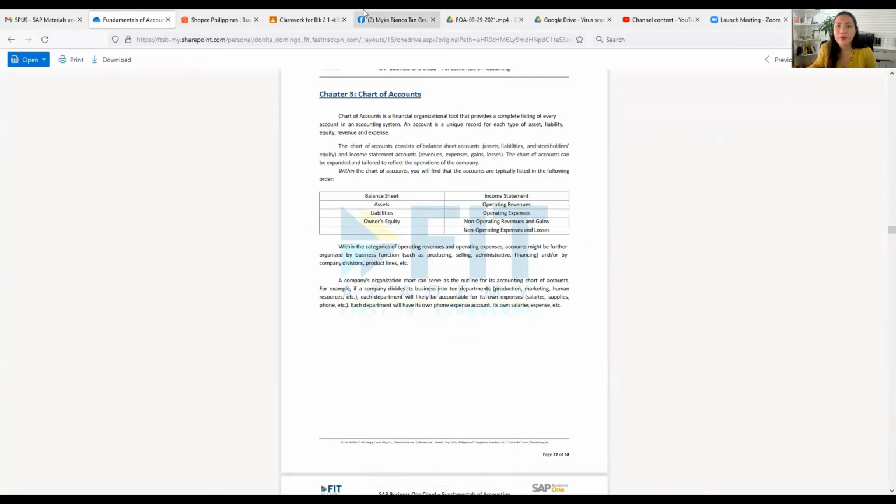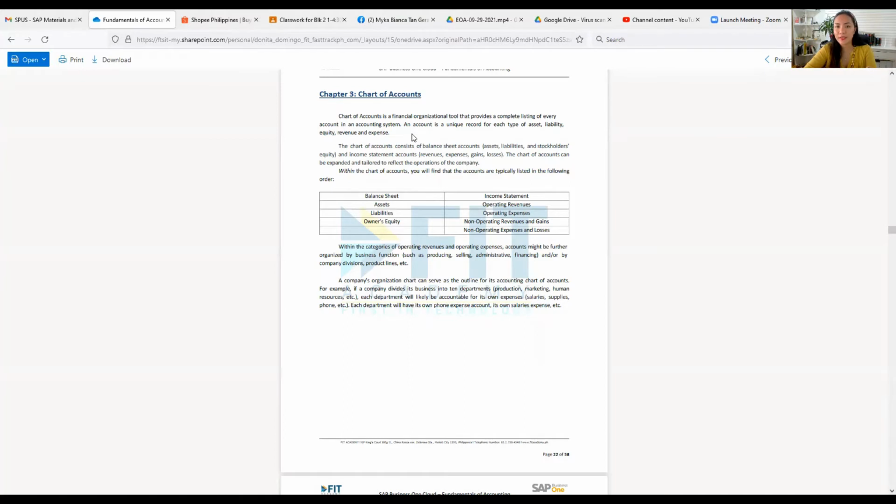All right, so chart of accounts, chapter 3 of your quick guide for your SAP laboratory. Chart of accounts is a financial organizational tool that provides a complete listing of every account in an accounting system. An account is a unique record for each type of asset, liability, equity, revenue, and expense. The chart of accounts consists of balance sheet accounts, which are asset, liability, and stockholders' equity, and income statement accounts, which are revenues, expenses,